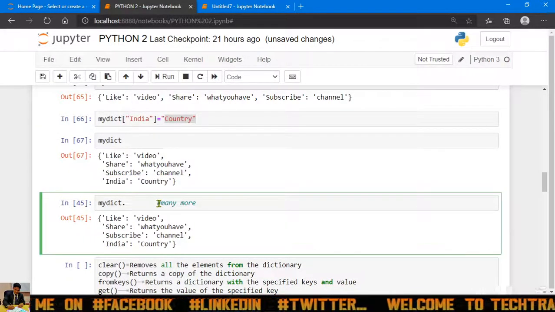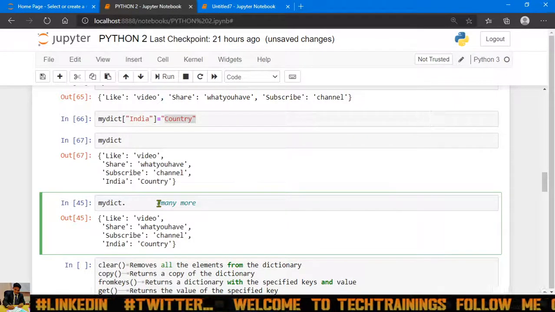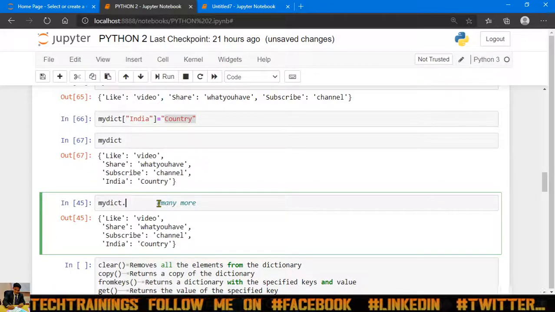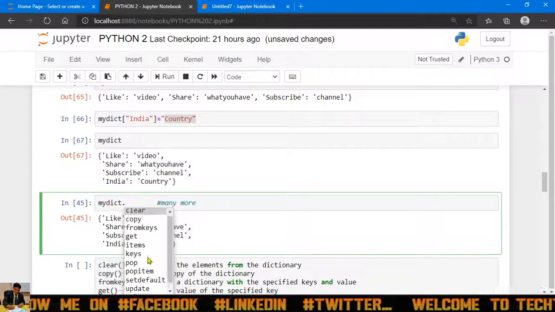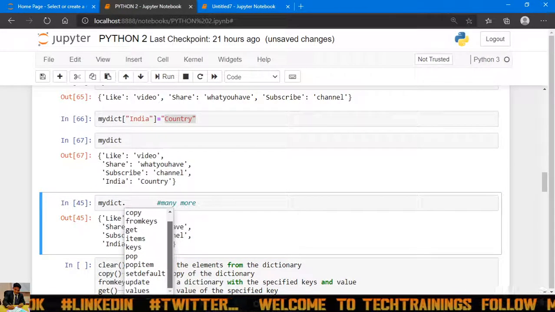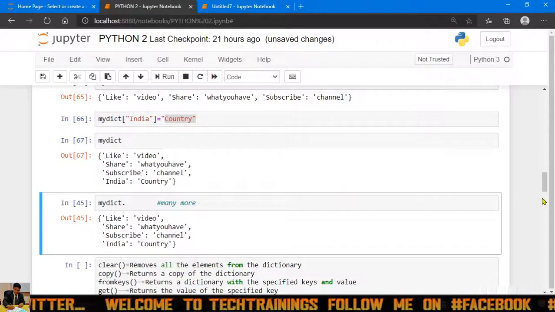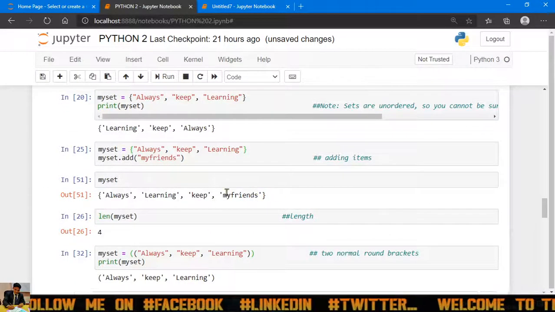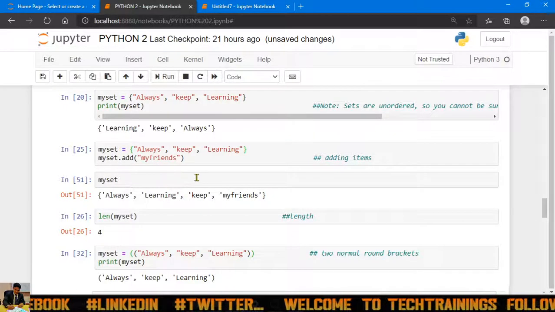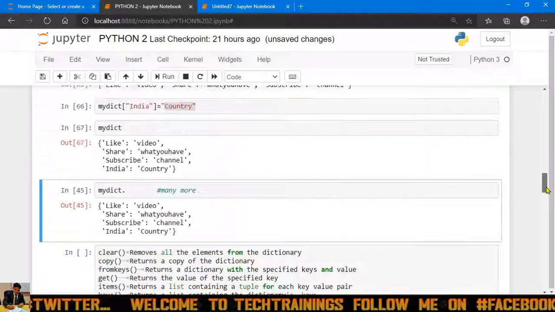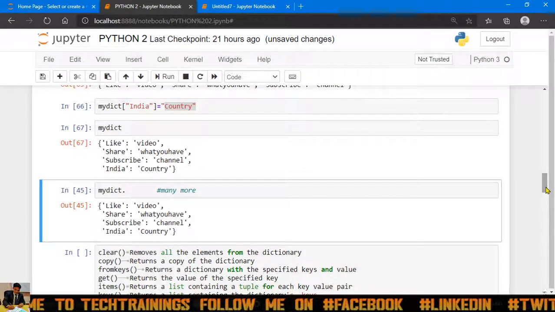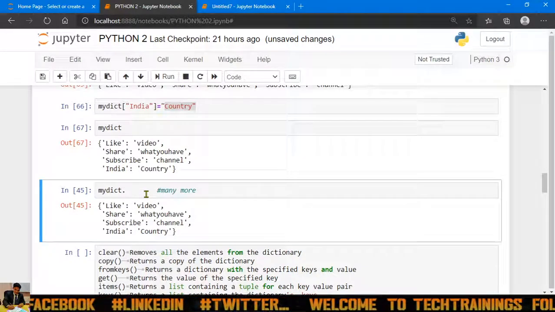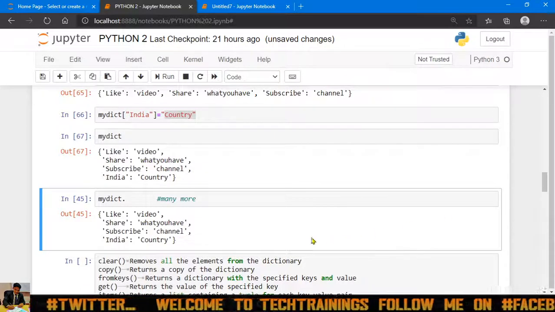So like this there are many other functions in this. You can see those functions by just typing your dictionary name, that is mydict, dot, tab. If you hit tab, it will give me the functions that you can perform over here. I am saying again, guys, learning in Jupyter Notebook is very useful for freshers. It's very interactive to code in this. The environment that Jupyter Notebook provides is much easier for beginners.